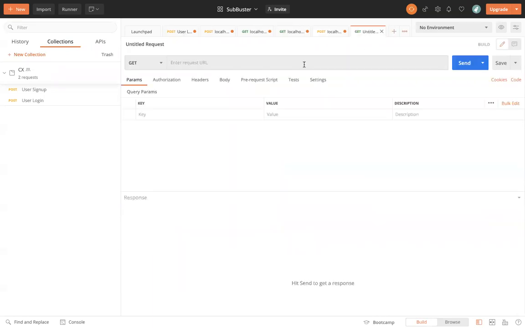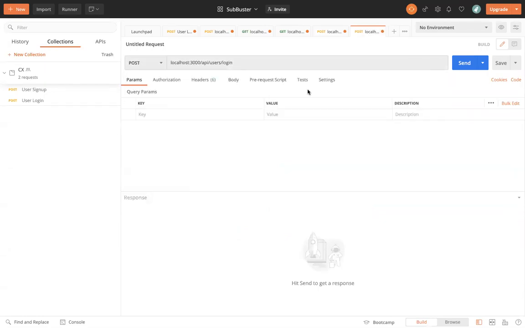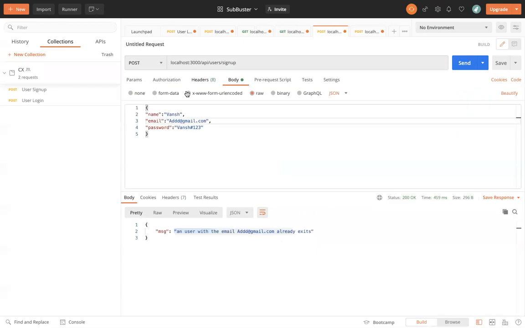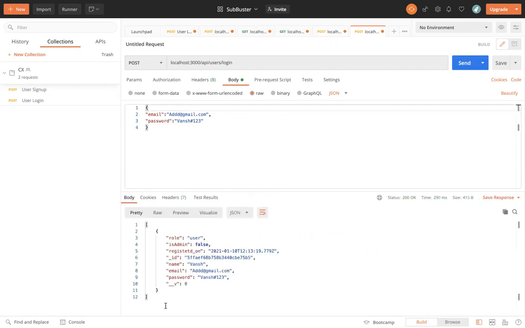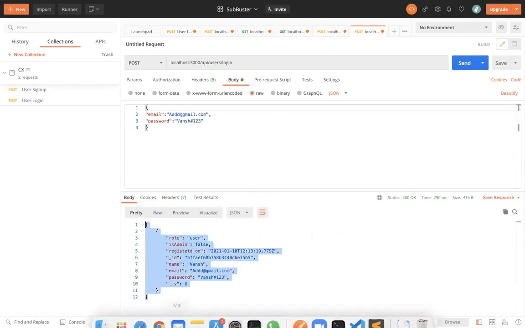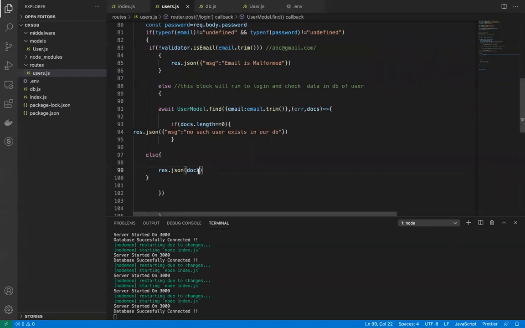So I'm going to go to the login route and create a login route, and go to the post request, go to the body, copy this particular body, and go to this raw, select JSON, and now this thing is fine. And we have email and password. So now as you can see, it's an array, so always we have only unique values in the database, so it will always be at the 0 index.